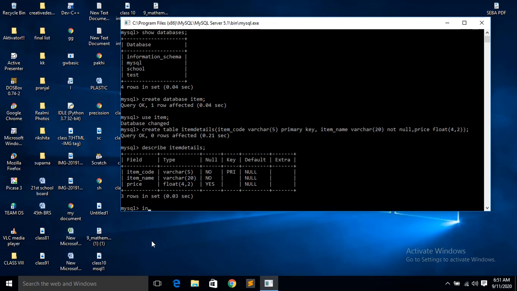Insert. We have to give insert. As I have told you, it is good practice to write the commands in capital letters, but I am not doing it myself, so let me use it. It will not be wrong if you write in small letters, but practice writing commands in capital letters.